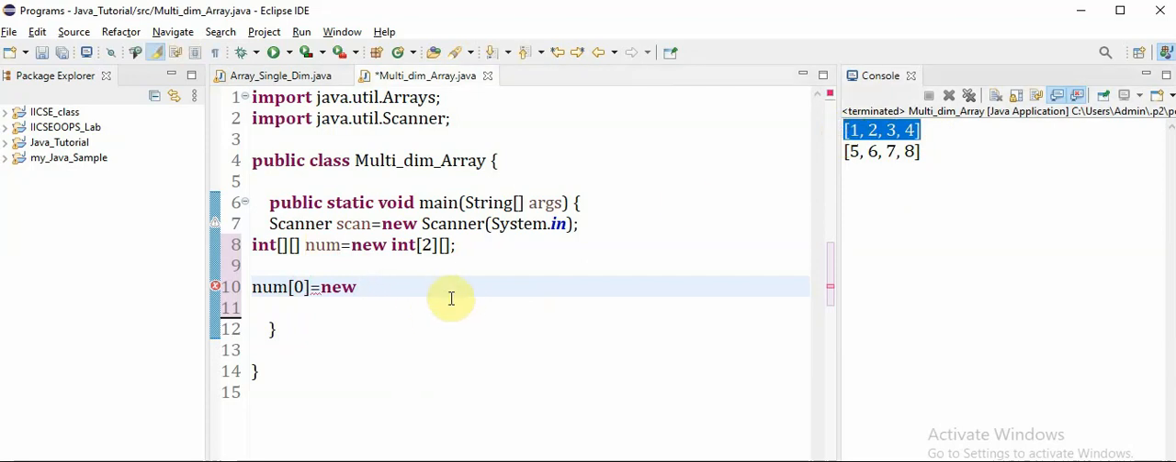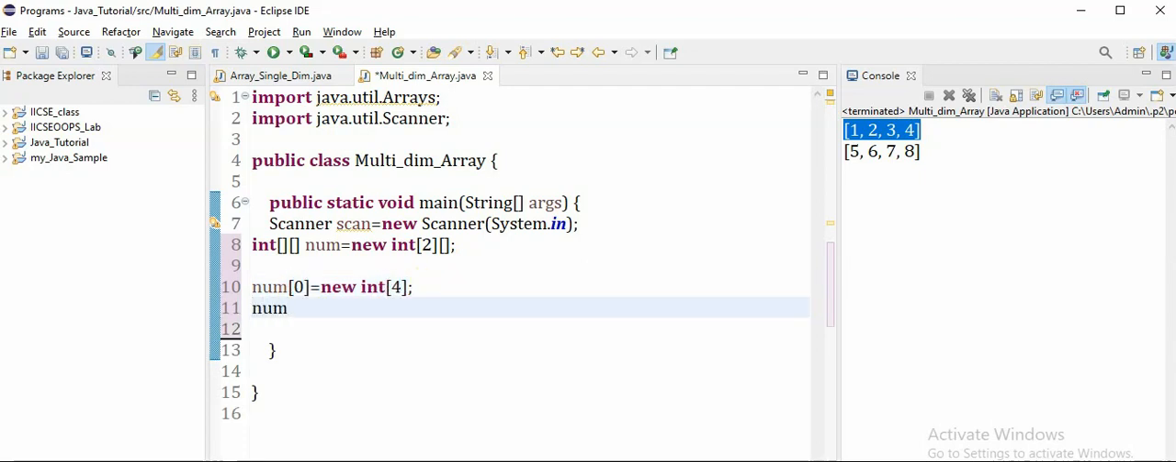So again I have to use a new keyword, say the type, and here I have to say how many columns I am going to have. Let's see, 3 columns or 4 columns, ended with a semicolon. So what I'm specifying is I have 2 rows. In this first row, that is the 0th indexed row, I'm going to have 4 columns. Same way, for the second row, that is indexed with 1,